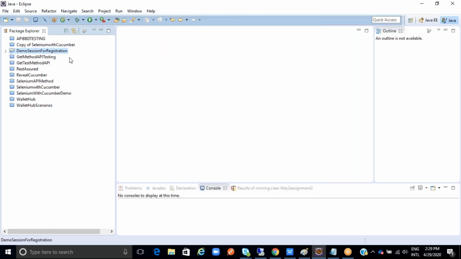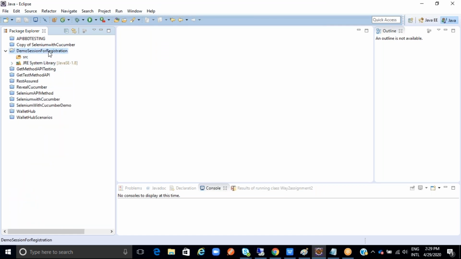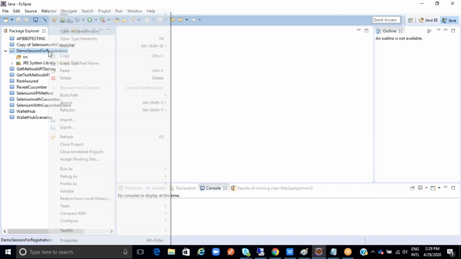Then I'm finishing it. Now I don't have any configuration library, though I'm going to test it in Java with Selenium. First I have to